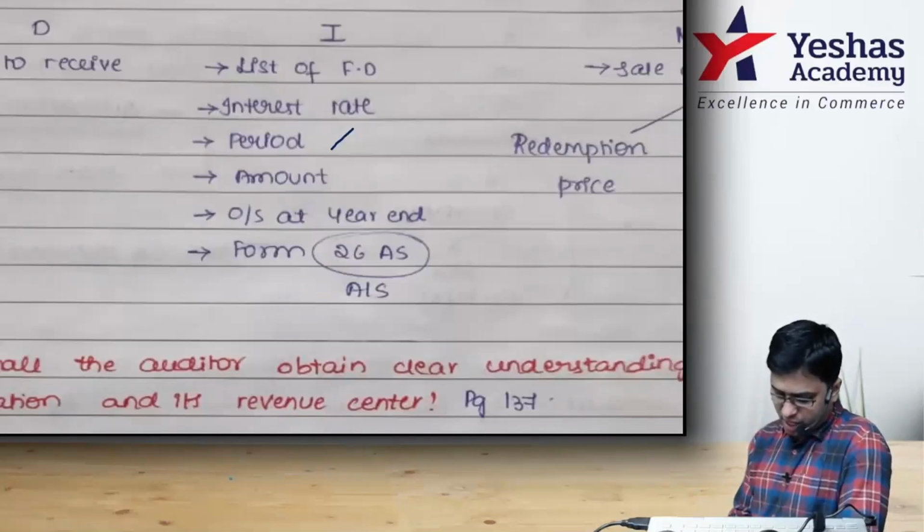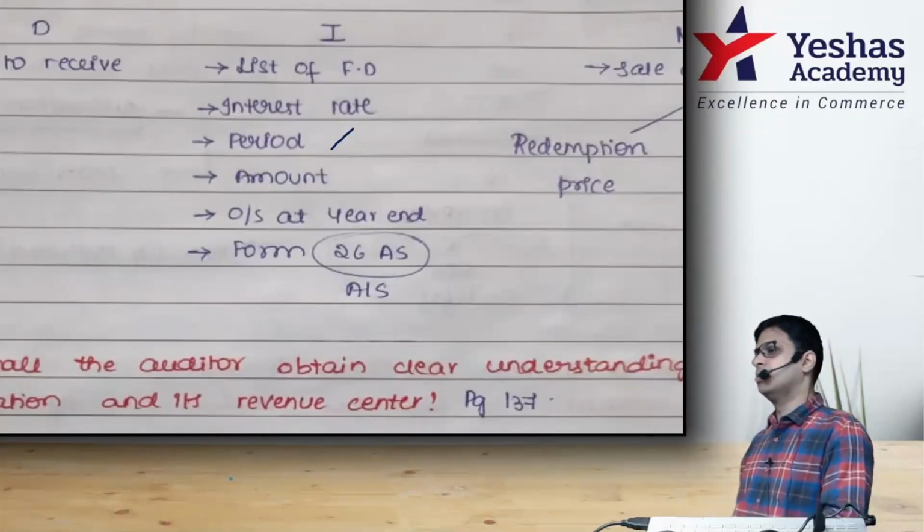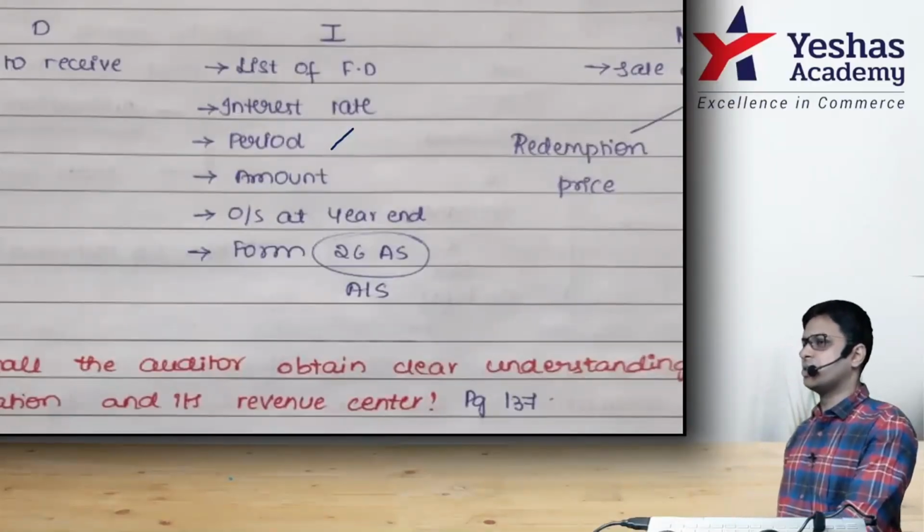Verify the gain or loss on sale of investment in mutual funds is recorded as other income only on the transfer of title when you sell the mutual funds from the entity, and determined as the difference between the redemption price, you can write selling price, and carrying value, you can write book value. Selling price and the book value. Difference between that is your income.